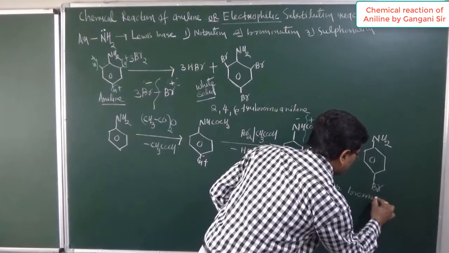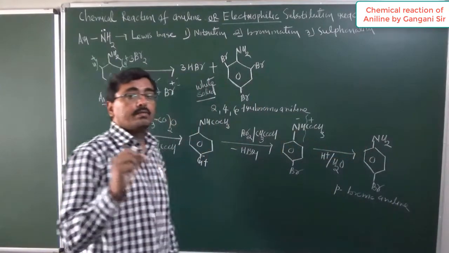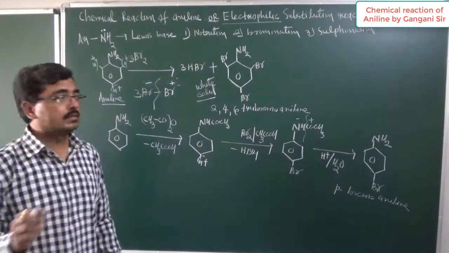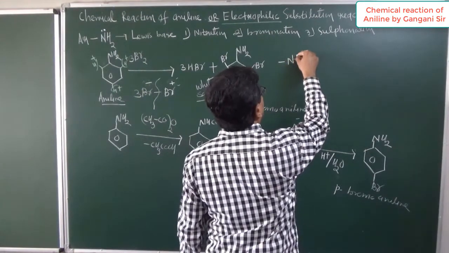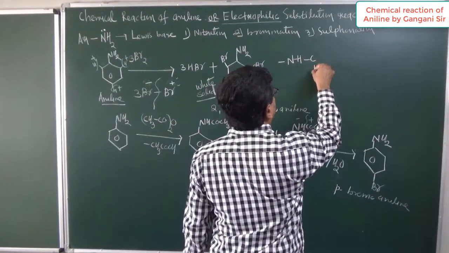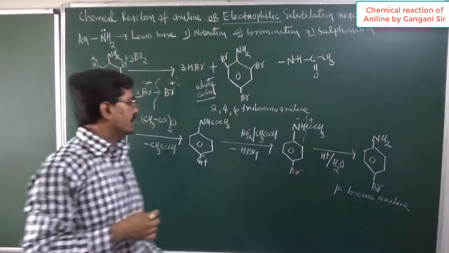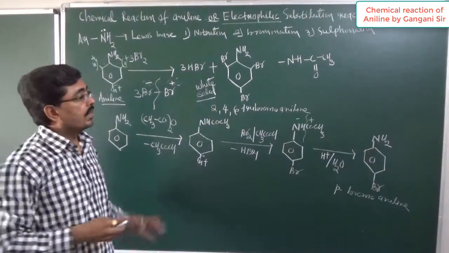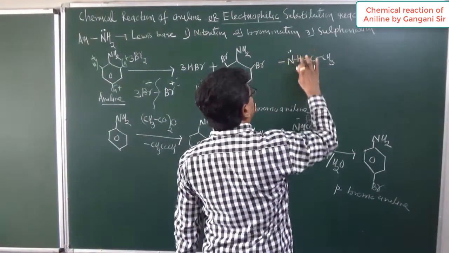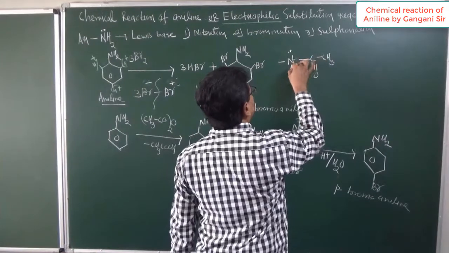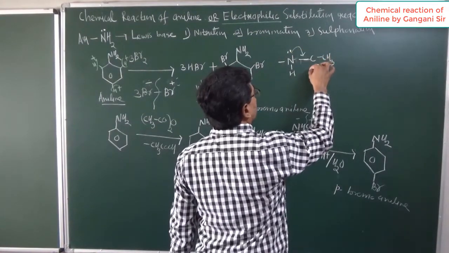para-bromoaniline. Now the question should arise in your mind, why does the reaction occur this way? Suppose we have this amino group, meaning we have this acetyl linkage NHCOCH3. Why is it para-directing? Here nitrogen will donate its electron pair. Just I will write here nitrogen. Nitrogen donates its electron pair to carbon.